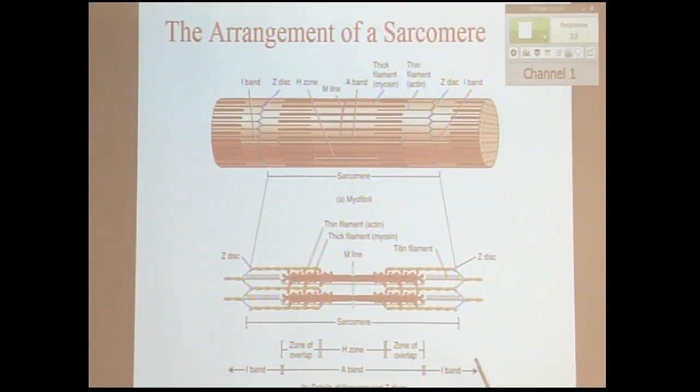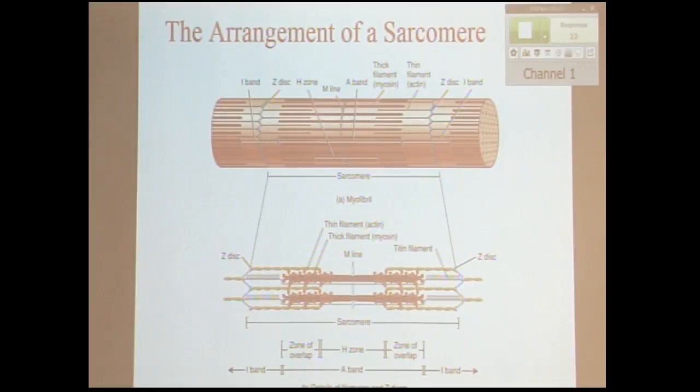And then the last one, this titin here, if you notice it's attached all the way from the Z disc to the M line. So it's important for keeping that, letting it be extensible and elastic. It's that titin protein. Because if you can imagine, if you pulled your muscle, spread those Z discs apart,